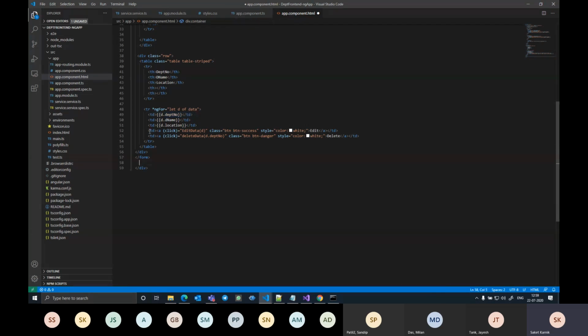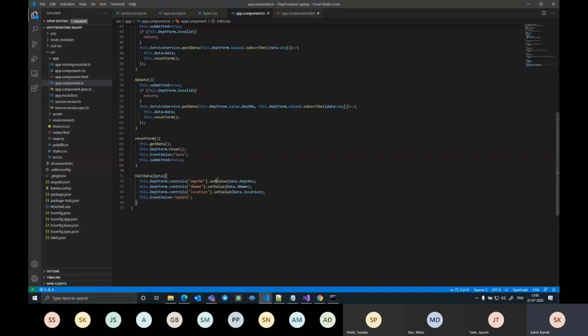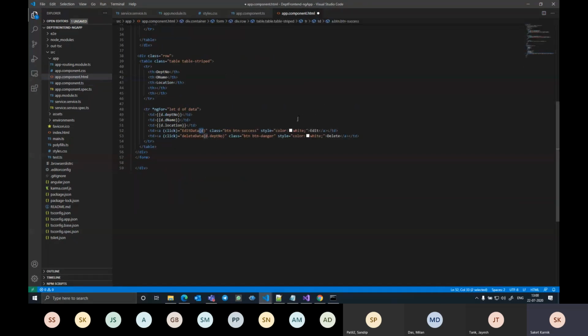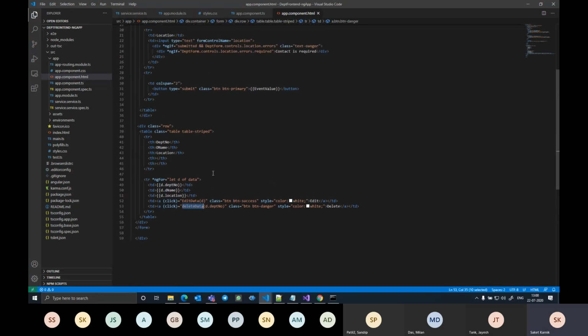And then the fourth cell having the edit data button, wherein we pass this D object directly. Edit data basically is the function that we are calling from the app component, and we are passing the current object straight away. Based on that, the app component is setting up the values into the above controls and then some styling. And here goes the delete, where we are picking up department number and passing it to the delete data method. This is where the mapping with the app component is happening. And that's it. So let's save